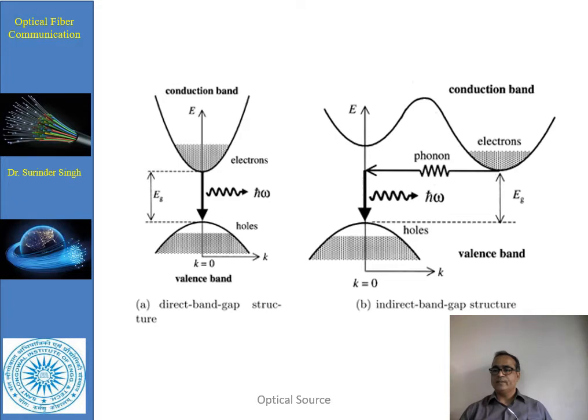Direct and indirect band gap materials are now clear, and now in silicon or germanium, in the fabrication process, care should be taken. Just like sodium chloride or gallium arsenide, in which groups of atoms are arranged in a periodic manner defined by a lattice, in order to join one group of atoms to another, there is a lattice spacing or lattice constant, and this lattice spacing is represented in angstroms.